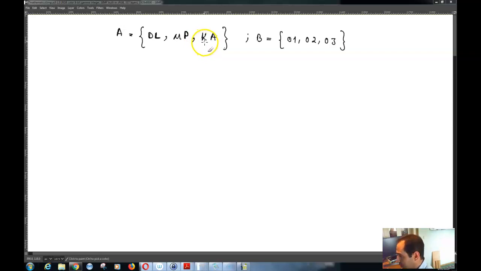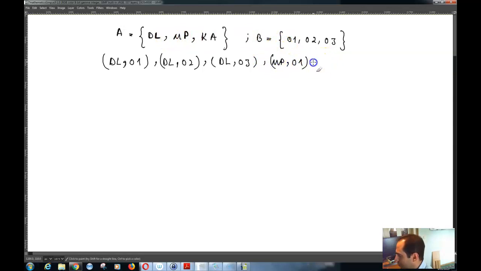So the available pairs in this situation would, for example, be DL01, DL02, DL03,